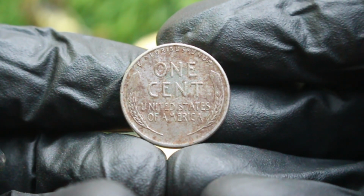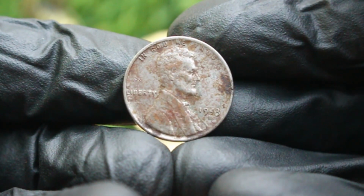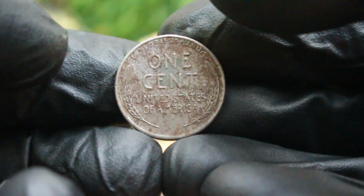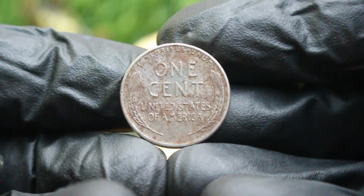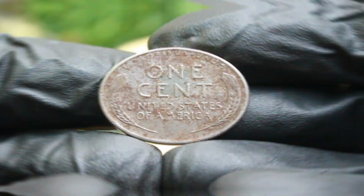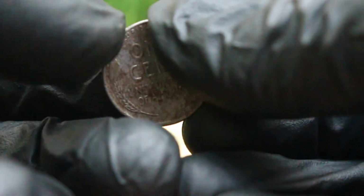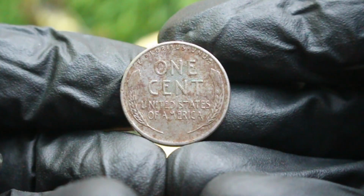The design of the 1943 steel penny retained the iconic wheat penny imagery. On the obverse, the coin features the familiar profile of Abraham Lincoln, created by Victor David Brenner, alongside inscriptions like "In God We Trust," "Liberty," and the date 1943. The reverse side shows the two wheat stalks flanking the denomination and the country's name, with the motto "E pluribus unum" at the top. The steel composition gave the coin a distinctive silver-gray tone, setting it apart visually from its copper